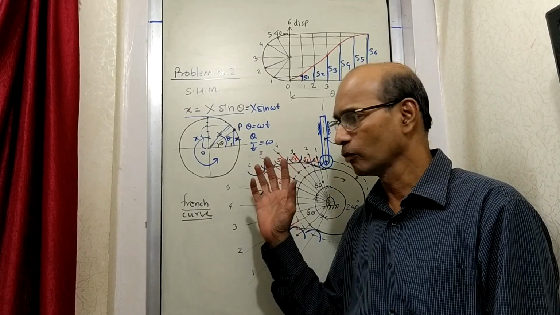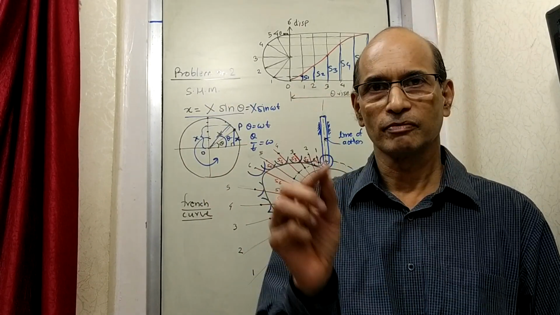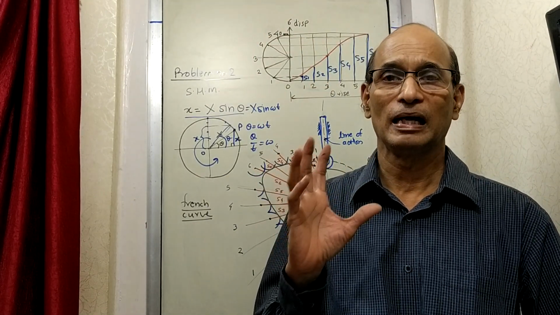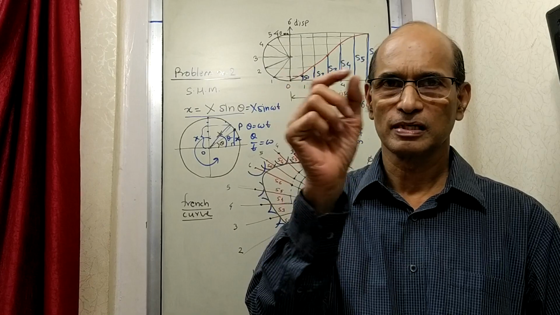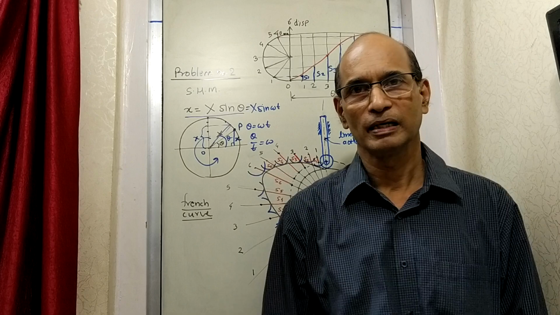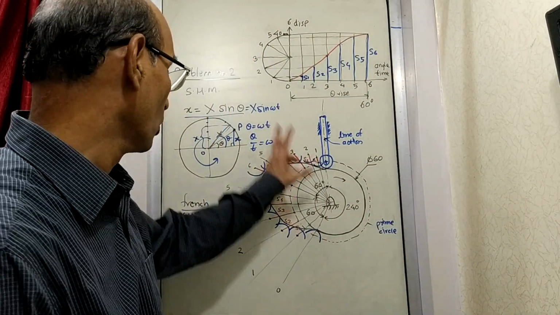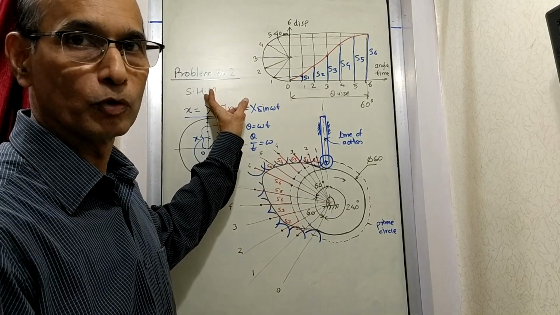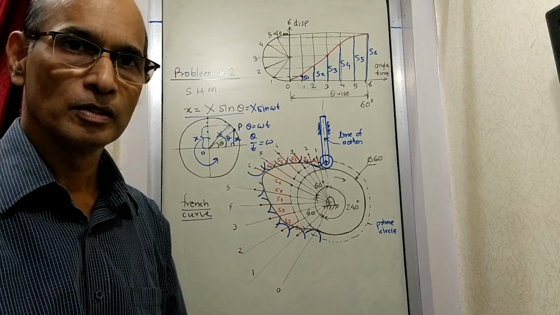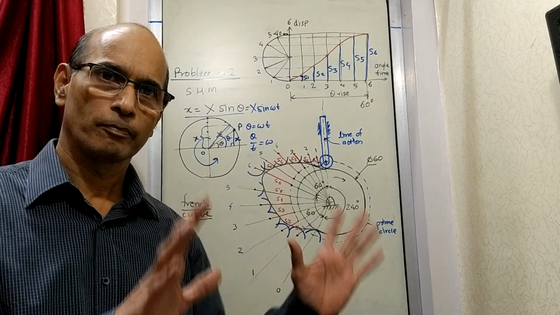Any figure, not just a cam: suppose you are solving a problem on brakes. Even in that case, when you draw the brake drum, then the shoe, then the lever, it should be drawn with proper line intensity, which is dark. Then the dimensions, the names of the parts, and whatever data is given you have to write at the proper place. Even here you have to write all this information. So this is the exercise on SHM type of motion, the second problem on cams and followers, and this much is the information. Write this down properly and then draw it with proper instruments.